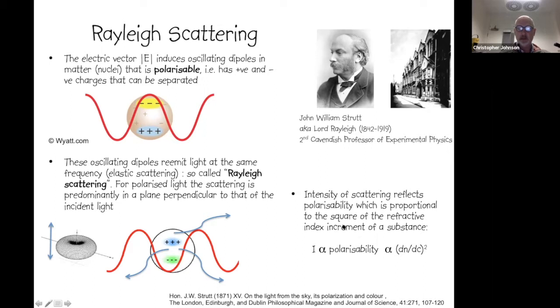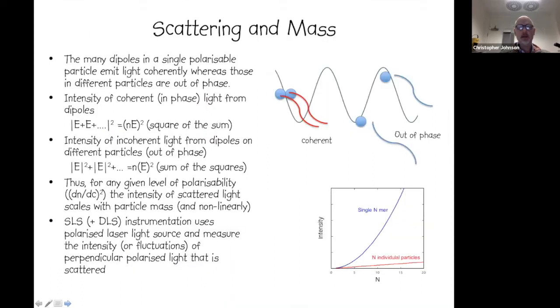The intensity of scattering reflects the polarizability of your substance. Polarizability is also reflected in the refractive index increment of a substance, this being how much the substance changes refractive index per change in concentration. So the more a substance affects refractive index, the more polarizable it is. So how is this useful to us? Well, one of the major